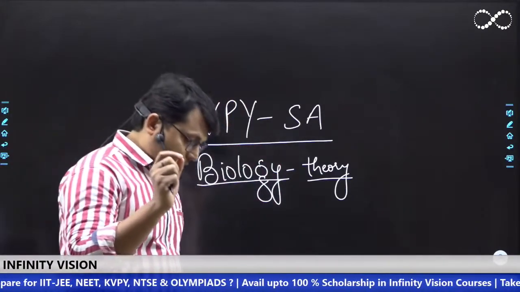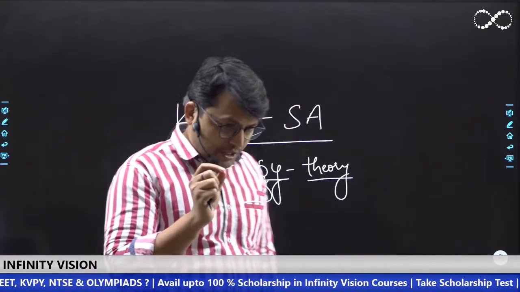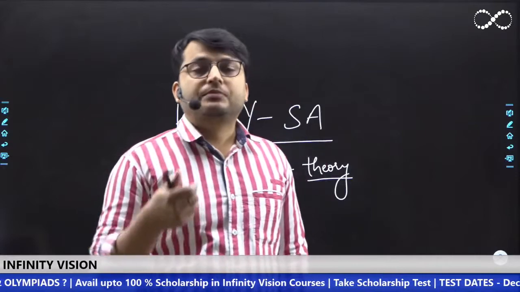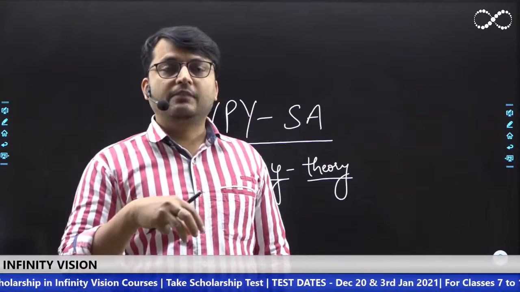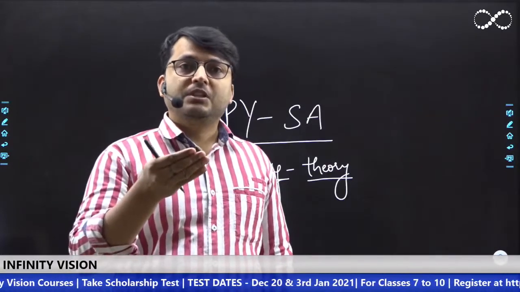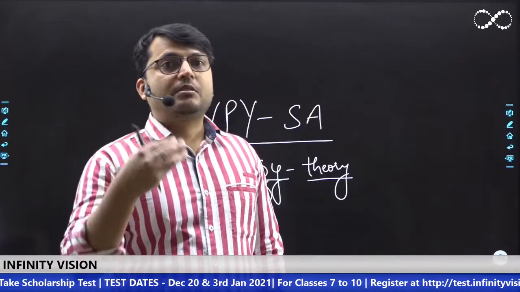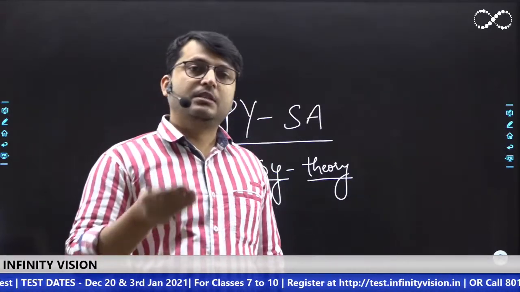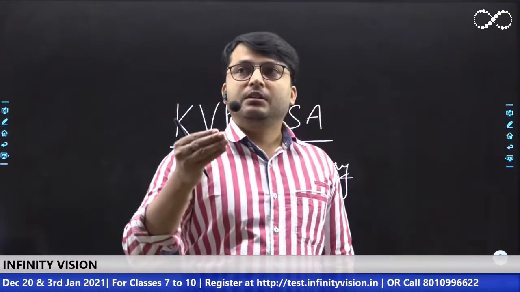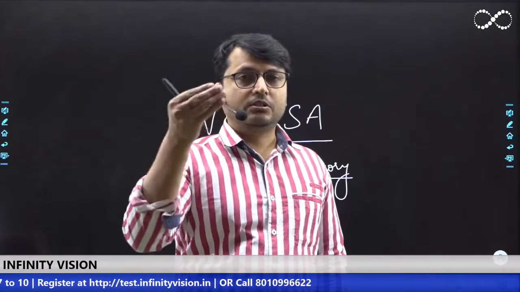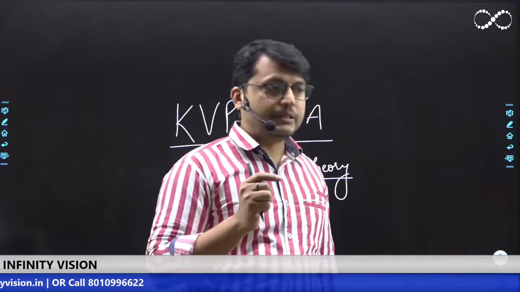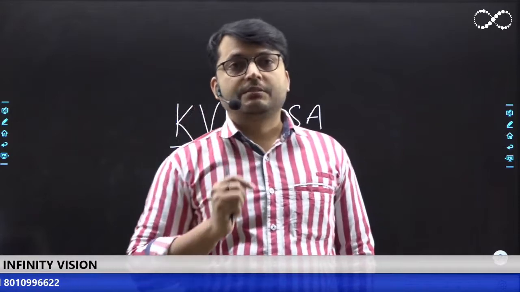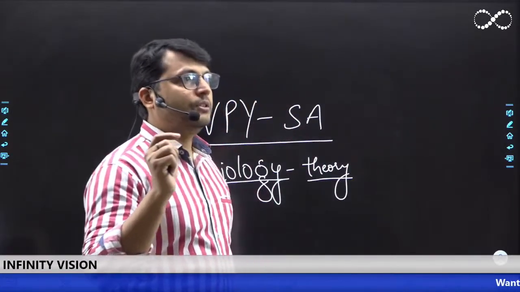And the agenda for today's class is we are going to look at the mechanism of exchange of gases, okay? So what happens once the air is inhaled, it reaches into the alveoli, then how this exchange between the alveolar air and the blood is going to take place. Okay. At the same time, we are also going to discuss how the exchange of gases occurs at the tissue level. Okay. So at the tissue between blood and the tissue cells. Right. This is first thing. And if time permits, then we are also going to start the circulatory system. Okay. So do let me know.